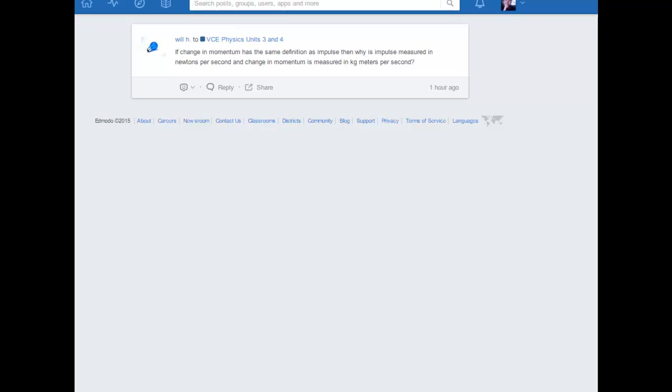Alright, so I had a question on Edmodo. If change in momentum has the same definition as impulse, then why is impulse measured in newtons per seconds and change in momentum is measured in kilogram meters per second? So let's have a look